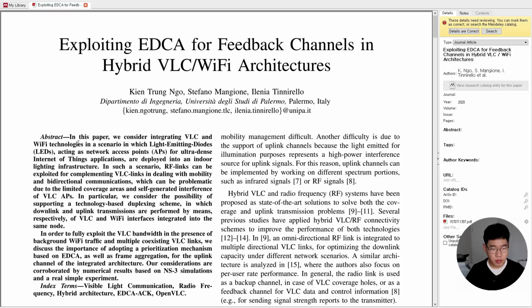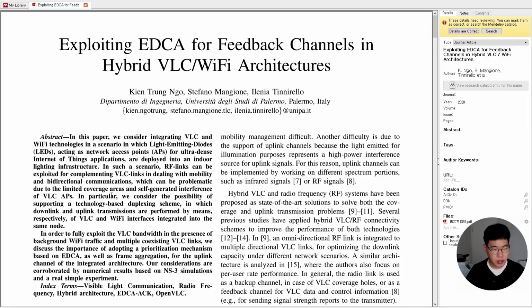Abstract. In this paper, we consider integrated VLC and Wi-Fi technologies in a scenario in which light-emitting diodes (LEDs) acting as network access points (APs) for ultra-dense Internet of Things applications are deployed into an indoor lighting infrastructure. In such a scenario, RF links can be exploited for complementing VLC links in dealing with mobility and bidirectional communications, which can be problematic due to the limited coverage areas and self-generated